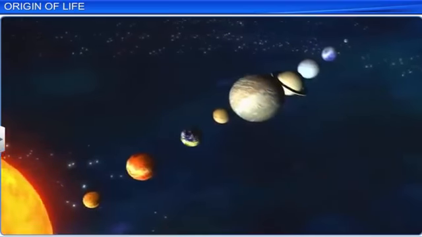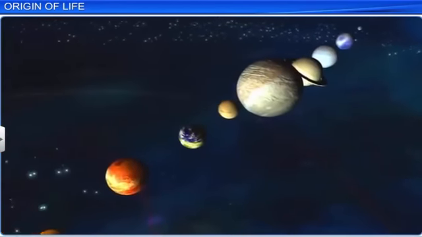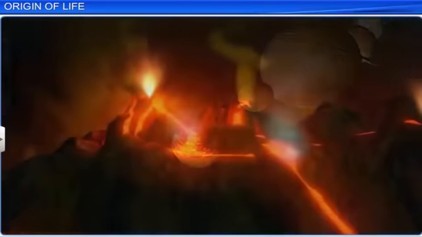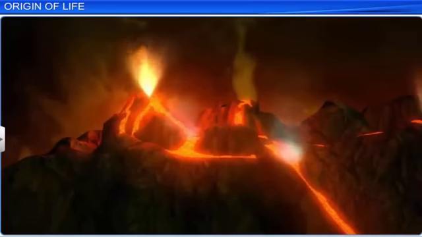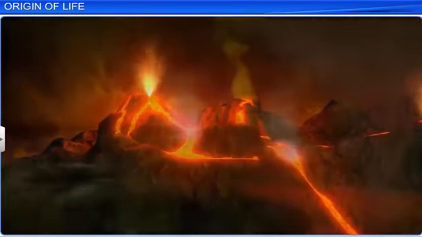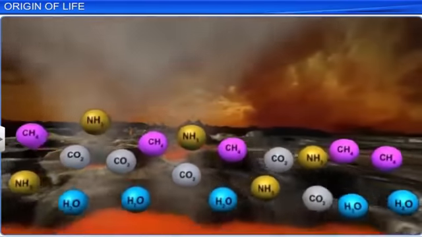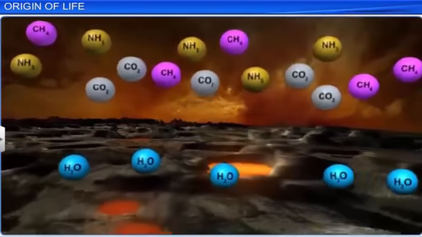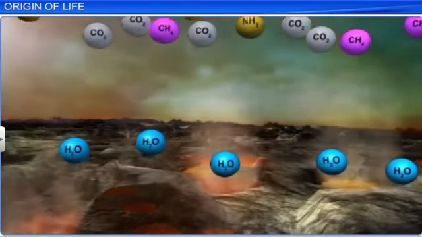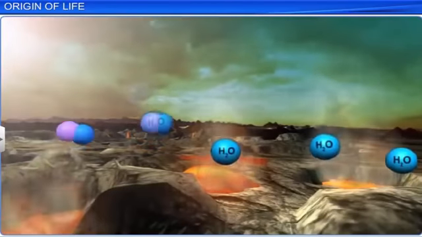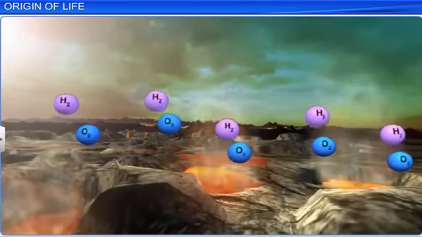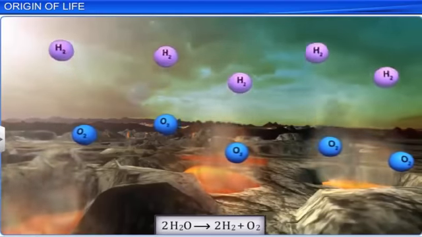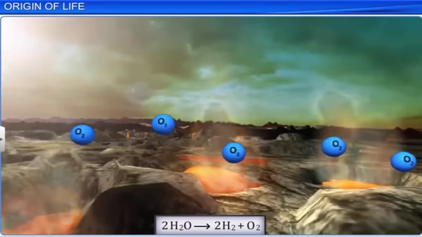One of the galaxies known to us is the Milky Way, which contains the solar system, and the Earth is one of the planets in this system. At the time of its formation, there was no atmosphere on the Earth. Its surface was covered by water vapor, methane, carbon dioxide, and ammonia released from the molten mass. Gradually, the ultraviolet rays of the sun broke up the water, which was in vapor state, into hydrogen and oxygen. Hydrogen, being a lighter gas than oxygen, escaped.